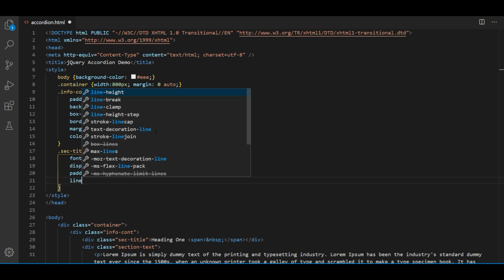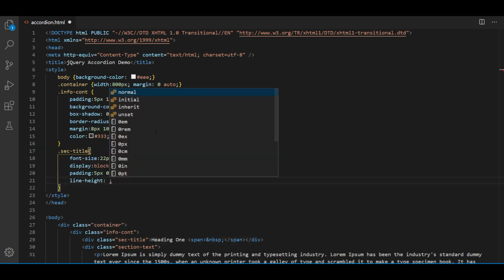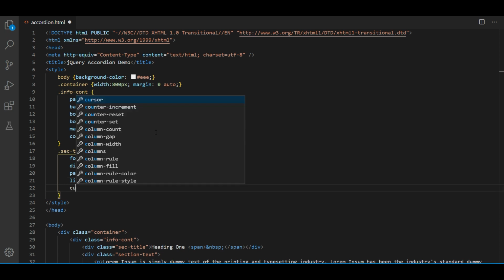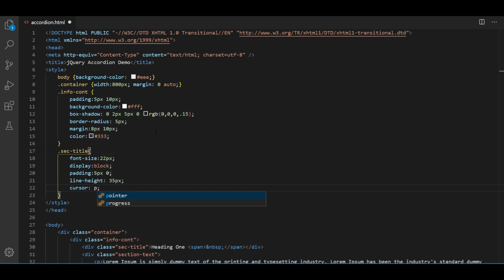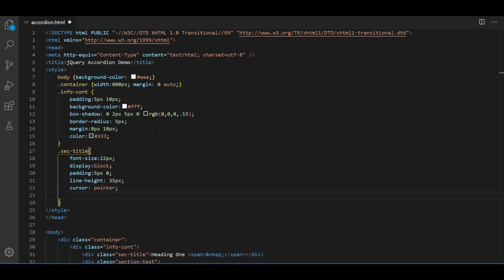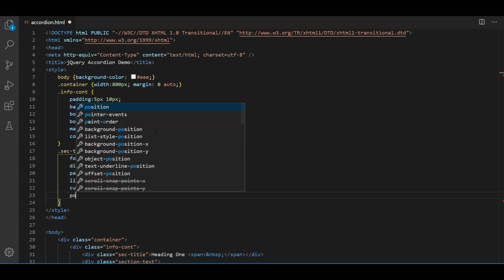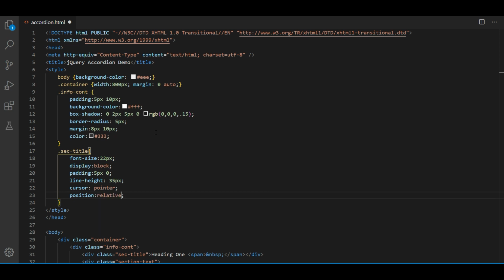Let's add line height 35 pixels, cursor pointer, so it will show the hand icon when we mouse over the title, and position relative.